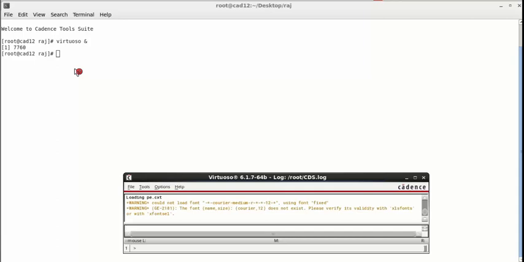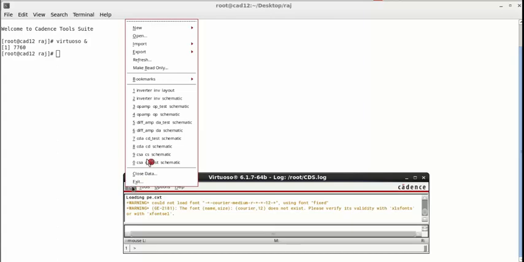After some time our Virtuoso window will open. After that we are going to do File, New.